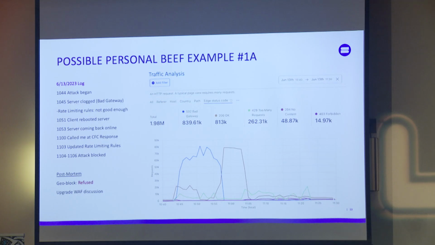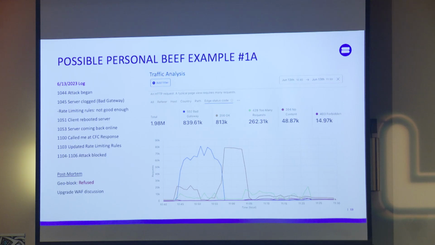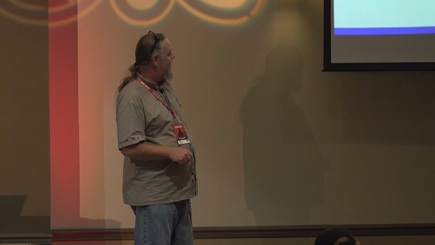So, real world attacks. I'm gonna just brush through these real quick. This one I'll take maybe a little more time on. But this was an attack that started at 10:44. You can absolutely see where they start having these rate limiting rules in orange pop up, and then you can see they start getting bad gateways, meaning this website wasn't responding. They did get some 200 requests in here, that's the orange, and then they kind of went dead right here.